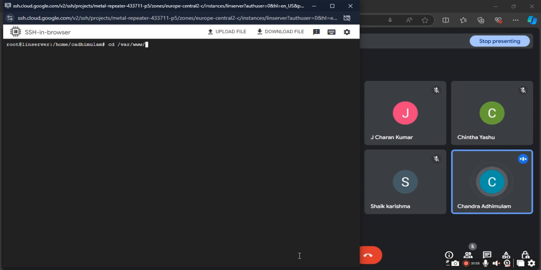So in www html, here if you see there will be index.html. This we don't want. We want to add our own index.html. Just rename this existing index.html to some other name, let it be index1.html. You can give your own name, need not worry. Otherwise you can delete that one also. It makes no difference. So now nano